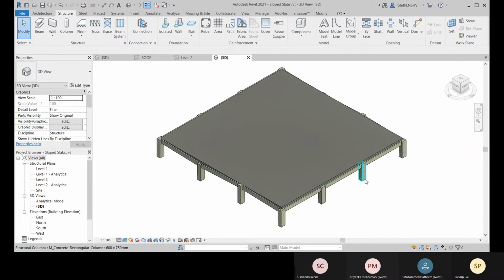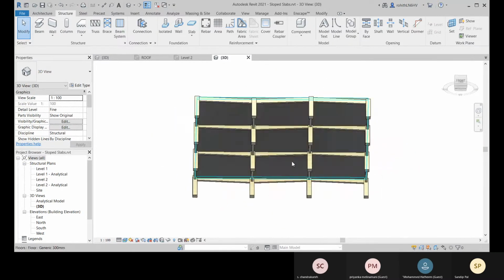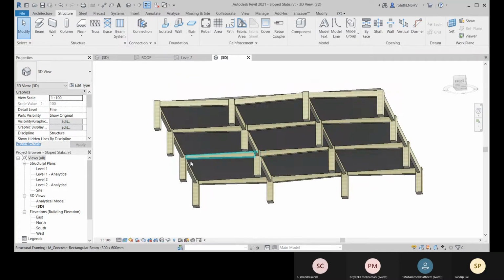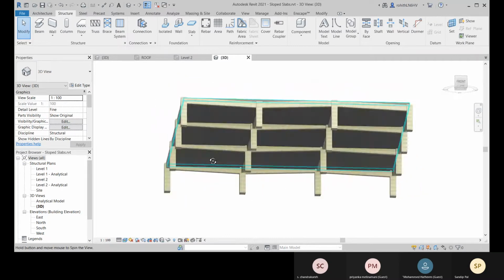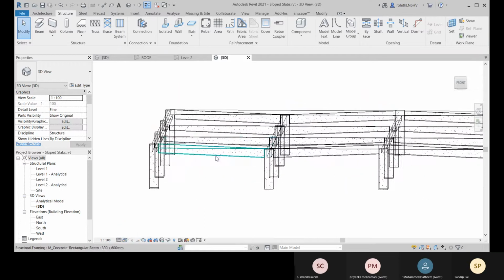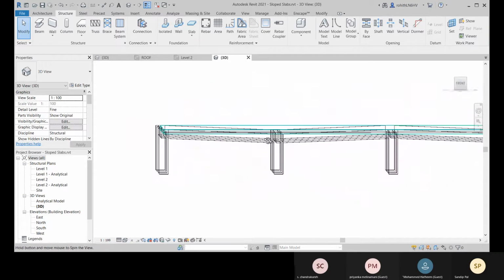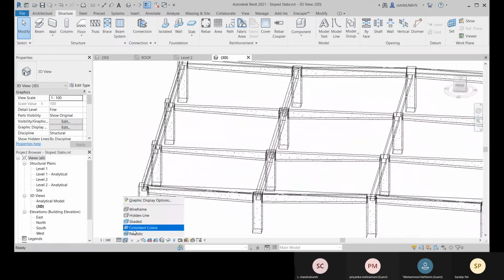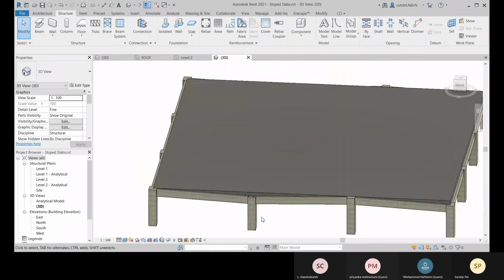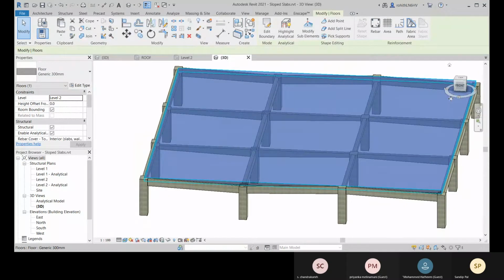and as per your beam you need to place your slab, right? Otherwise, if I show you the wireframe, there you can see you have this one. We have to make the adjustment there. So let's go with the realistic. And now you select it, and what you have to do is